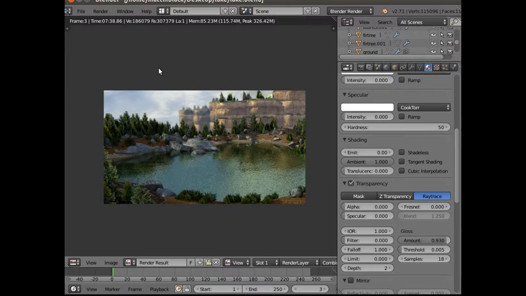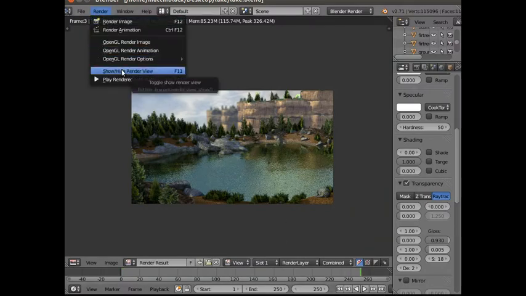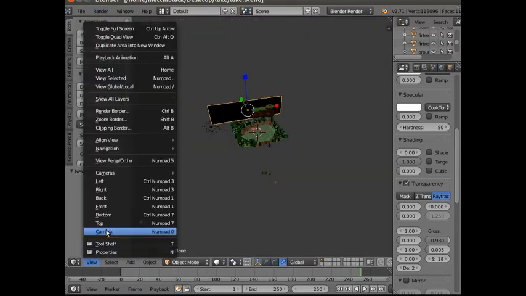Now what we want to do is put in the camera work. So what I'm going to do is start further to the left. I'm going to finish up here. This is my end shot, if you like. So since this is my end shot, I need to put the keyframe in for it on the end. So if I show hide render view and view camera,